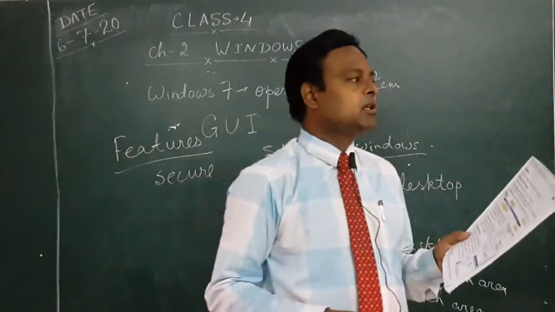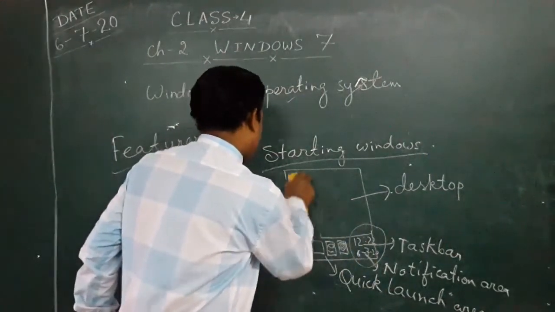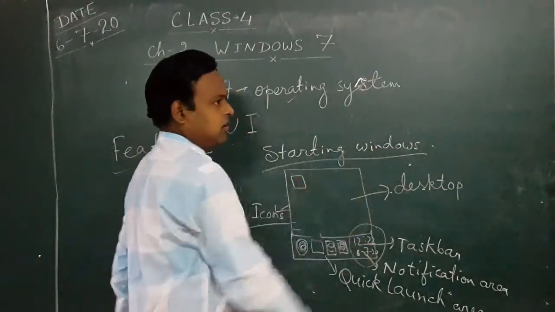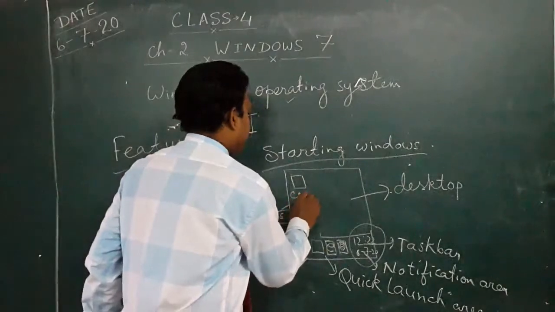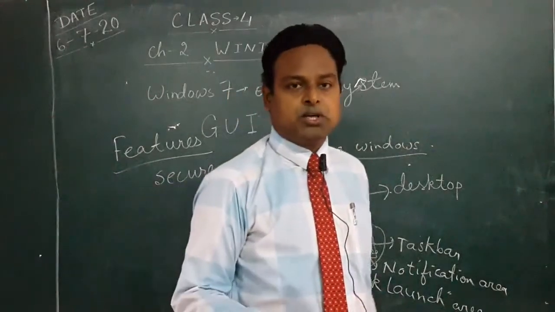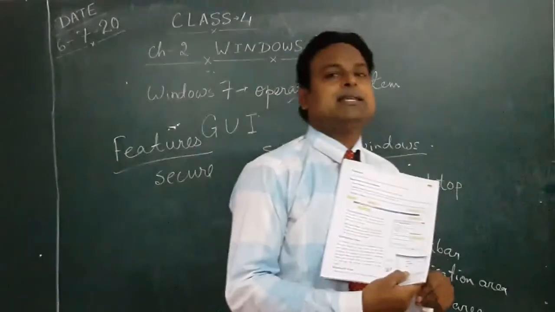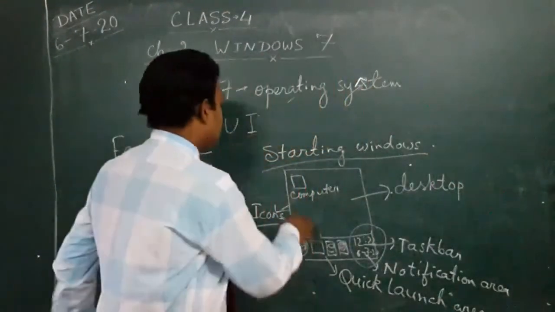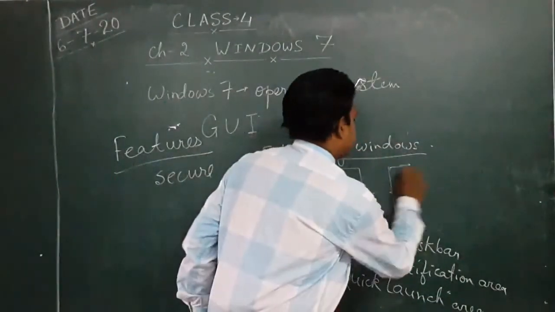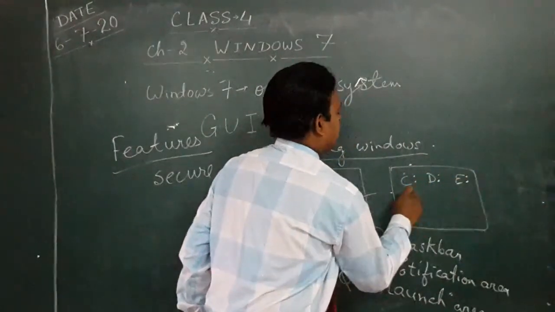now the next is the computer icon. We can say it is the main icon on the desktop, that is your computer. In earlier versions it was called My Computer. If you click this computer icon you will see this type of screen. It shows all the drives available in your Windows.